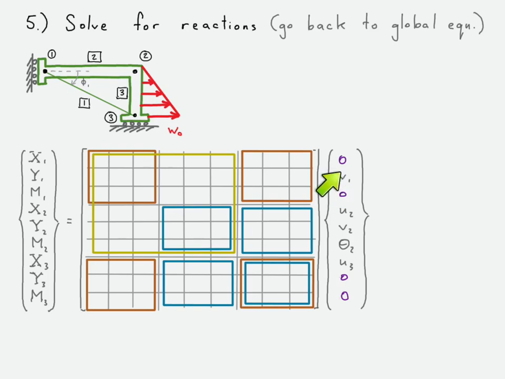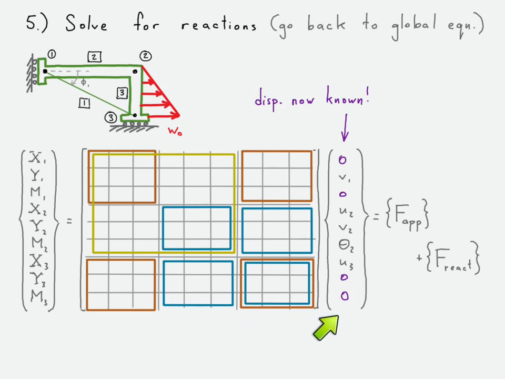You'll note that we already made some substitutions, it looks like. Took all those constrained degrees of freedom and changed those to 0. And these other values we now know because we solved for it in the previous step. So since that's all known, we just go ahead and do straight matrix multiplication. And if we do that, we would get a lot of values for this, but those values actually correspond to